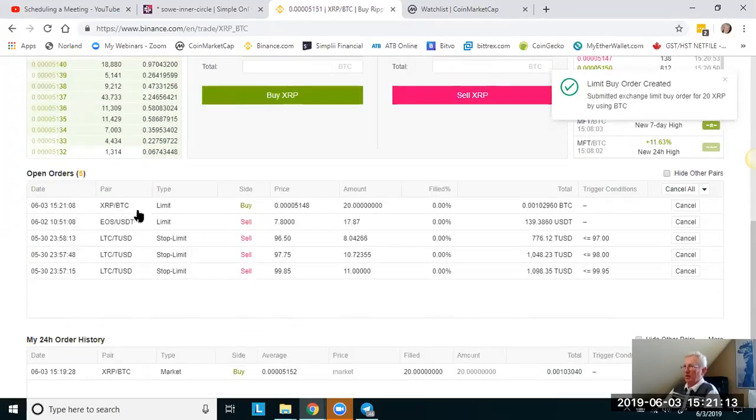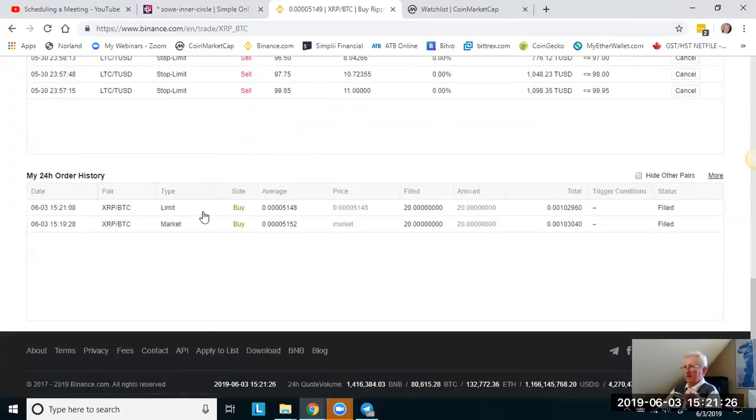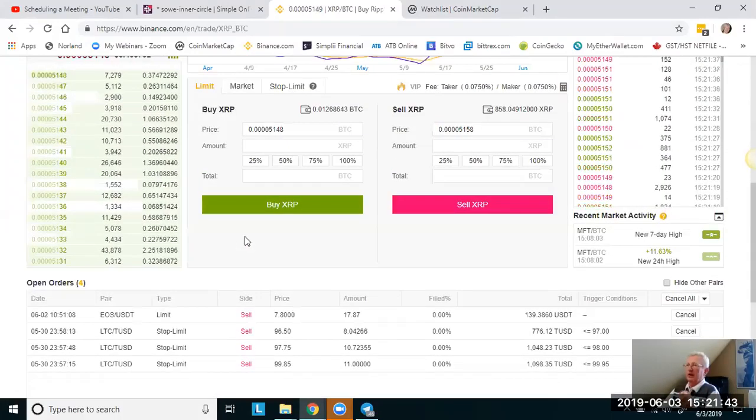In fact, there it is as an open order. See, it says, I want Ripple, I want to buy it, this is the price I want to pay. Boom. Just now it got executed. Somebody came and took my bid. So there's my purchase. I bought another 20 coins at this price. You notice when I hit the market order, it came in at 5152, but when I set it at 5148, I got it cheaper. So if you're patient, sometimes you can get it below market price. So that's basically how to buy